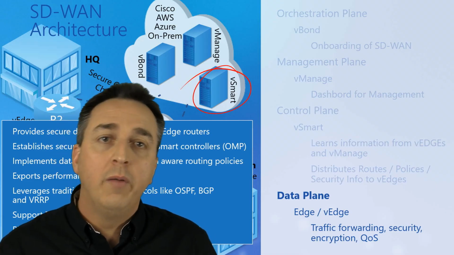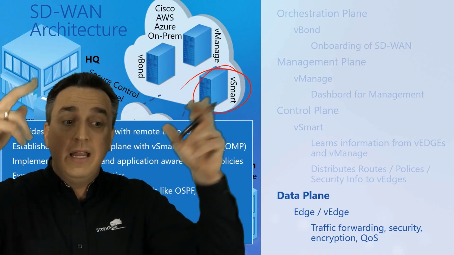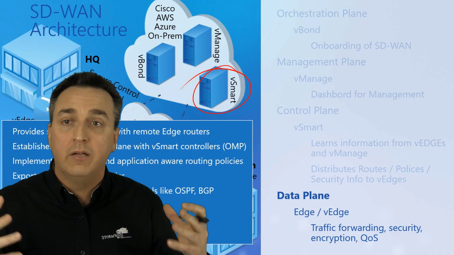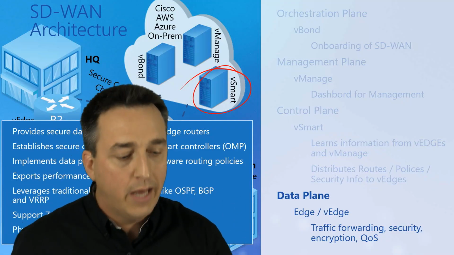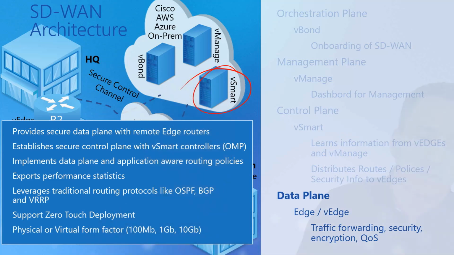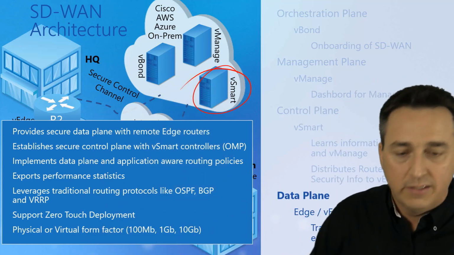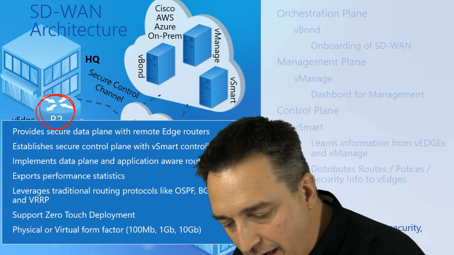Right? It can learn from the edge devices that are constantly working and then sending data to vSmart. So then vSmart can say, oh my gosh, wait a second, we've got such and such an issue with quality of service. Let's go ahead and adjust what we're doing. So that way we don't have the quality of service issue anymore. But our edge devices, not vSmart, let me take off that circle now, but our edge devices like this device right here